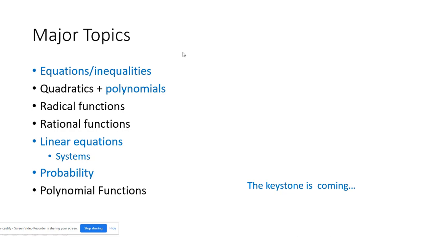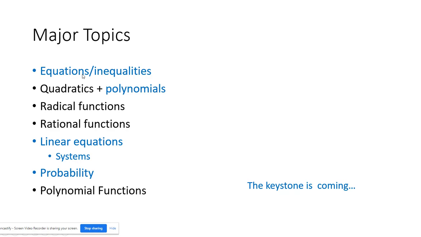One of the benefits of the way that we do things here at Fort LaBeouf is that we take the Keystone at the end of Algebra 2, which means that your son or daughter has had a chance to learn algebra twice, Algebra 1 and in Algebra 2 before they take that Keystone. So these topics are things that they should be comfortable with, familiar with, and know at a really deep level.